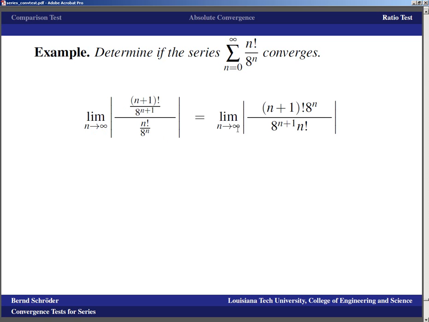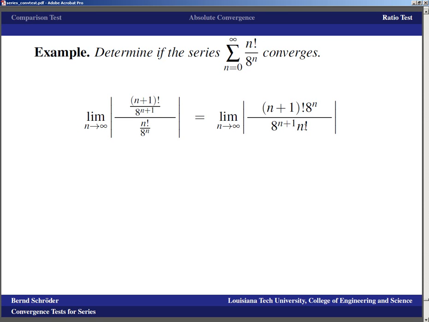We simplify. This is the limit as n goes to infinity of n plus 1 factorial from the numerator times 8 to the n, which is the denominator of the denominator, divided by 8 to the n plus 1, which is the denominator of the numerator, times n factorial right here. Now the cancellation of 8 to the n versus 8 to the n plus 1 giving us 1/8, that's not a problem. Something that can trip people up, I've seen it happen, is how do you cancel n plus 1